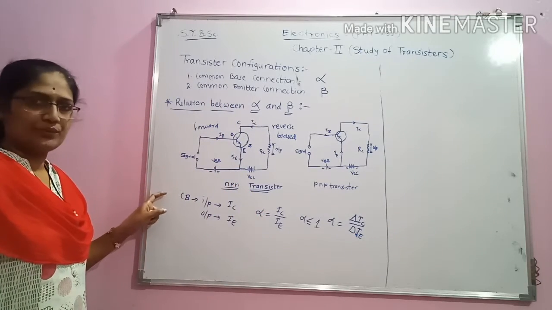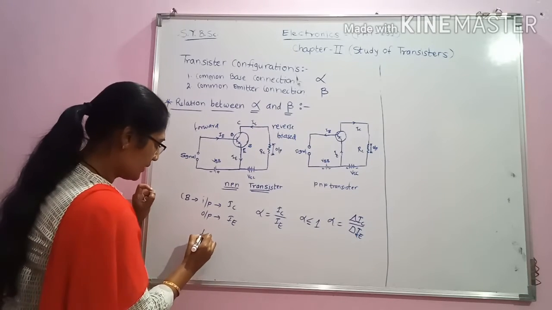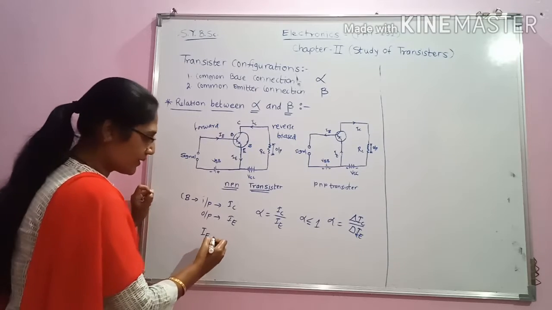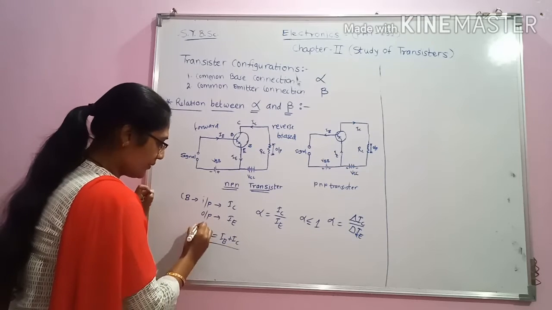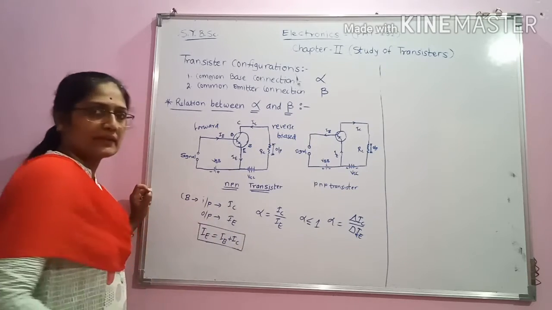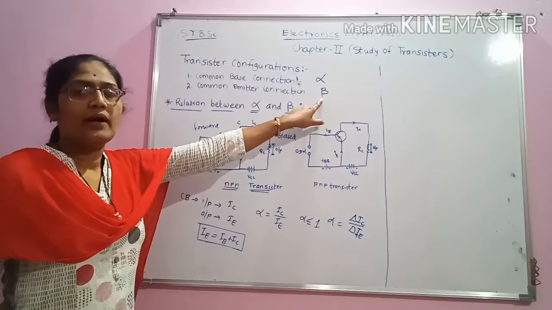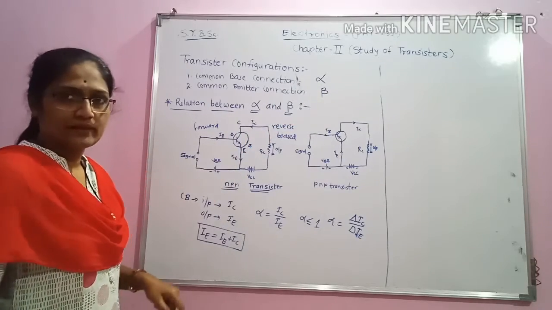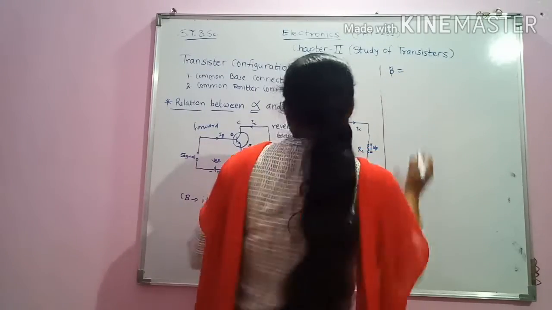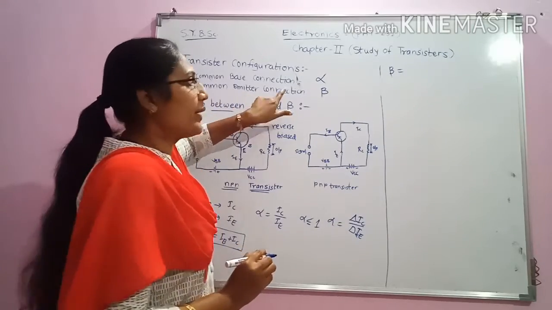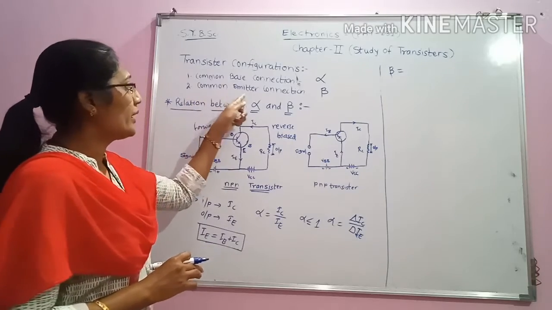These are the things we are going to require here. Now, also we have seen that IE, that is emitter current, is nothing but IB plus IC. And also we have covered the calculation of beta and how value of beta is greater than 1. How to find out beta? Beta is nothing but the gain in case of common emitter connection, and beta is nothing but the output current to the input current in case of common emitter connection.